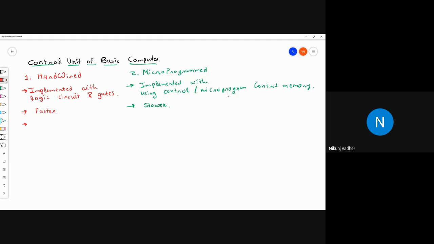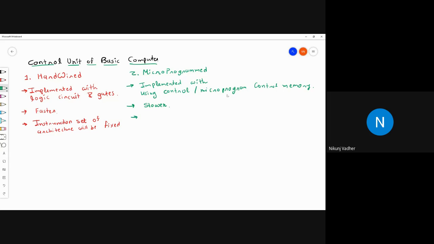Next comparison: in the hardwired control unit, we cannot add any instruction, so the instruction set of the CPU or architecture will be fixed.